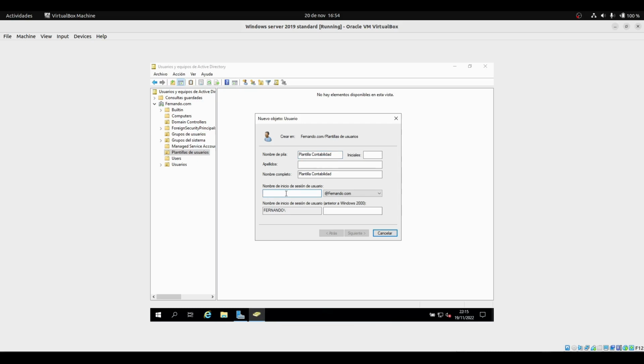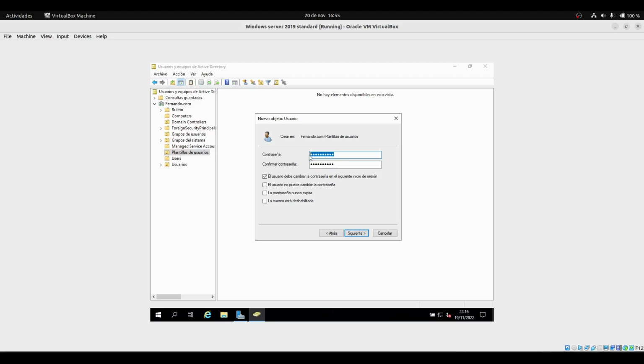The login name is going to be PDC, and we click next. After that, we're going to put a password that is going to be the same for all the users that are going to be created by this template. The user is going to change the password at the next login,